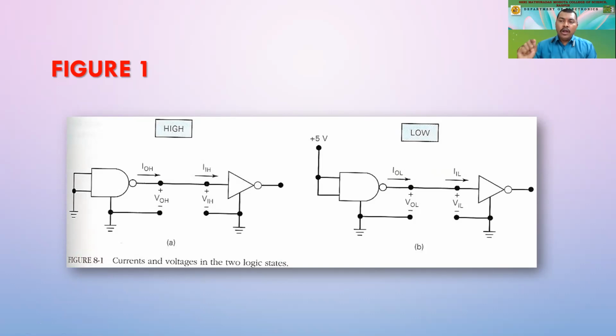Zero and one are not stable states. These are actually the specified voltages and currents that we are going to apply to the input side, that is the input of a gate, and similarly the output of a gate. So we require both the current as well as voltage: minimum and high current, minimum and high voltage, on the input side as well as the output side. Those were the definitions that we studied in the last slide.